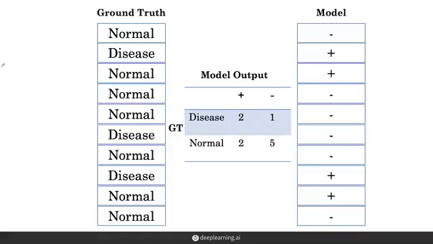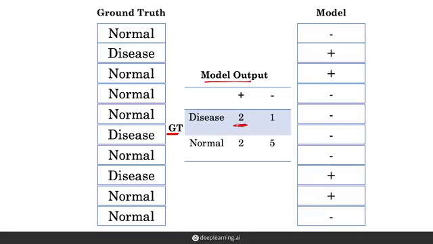To see their relation, we will use the confusion matrix. The confusion matrix can be used to look at the performance of a classifier in the form of a table. The rows correspond to the ground truth and the columns to the model predictions or the model outputs. The cells in the table correspond to the number of elements corresponding to each ground truth model prediction combination.